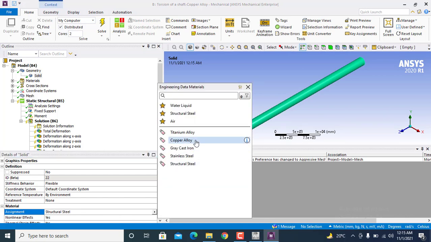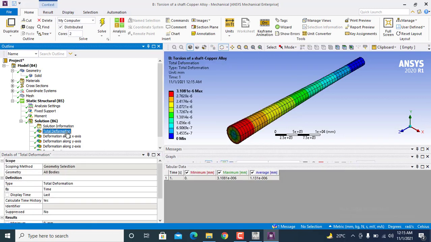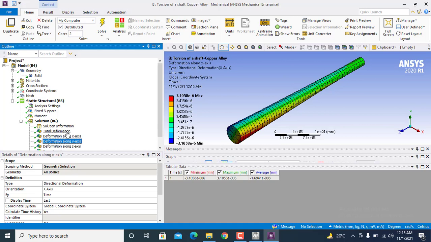We can change it to copper and we will solve the model. We don't have to perform any extra steps. It is solving the model. And there we have the results for the copper alloy.